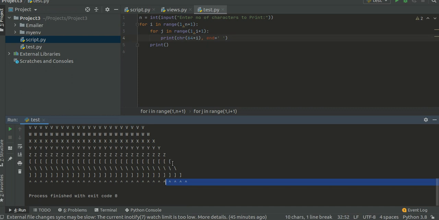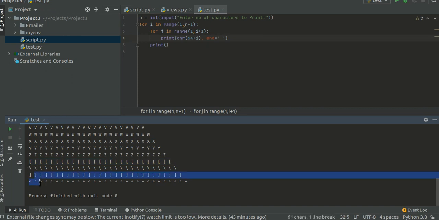This is 65 plus 26, which is 91. The ASCII value of the opening bracket is 91, then 92, 93, 94. This way we got all the values.